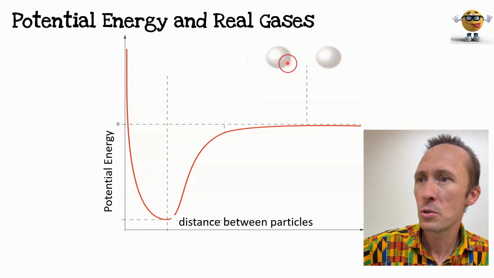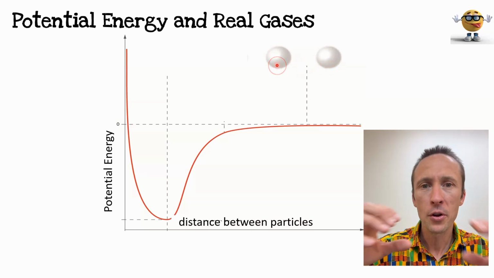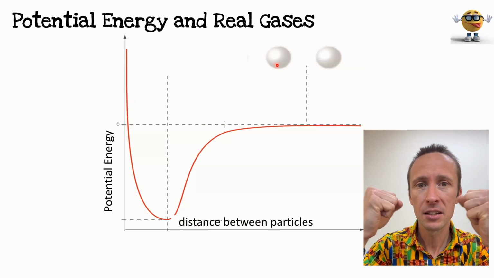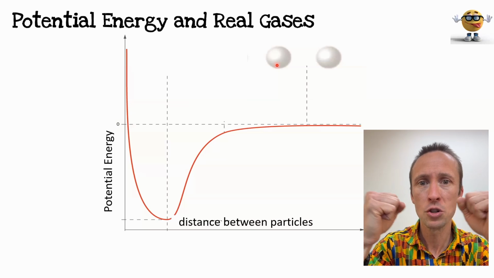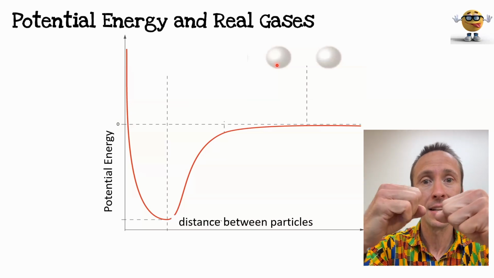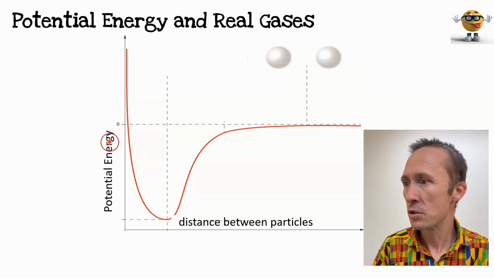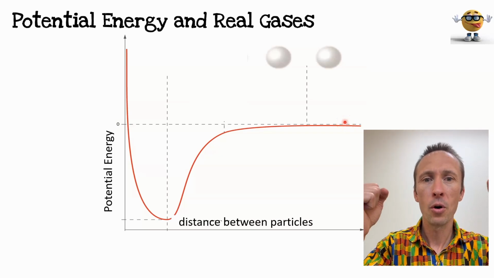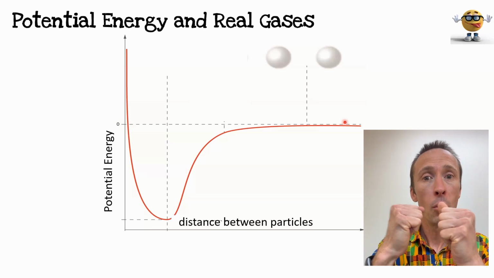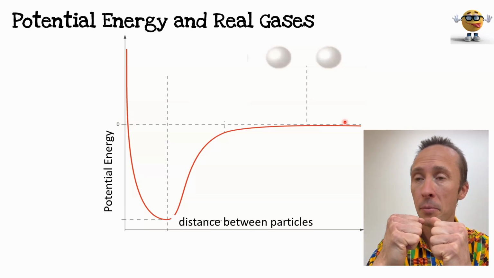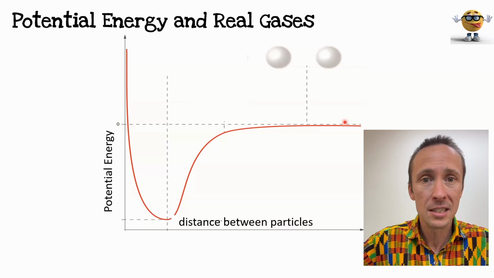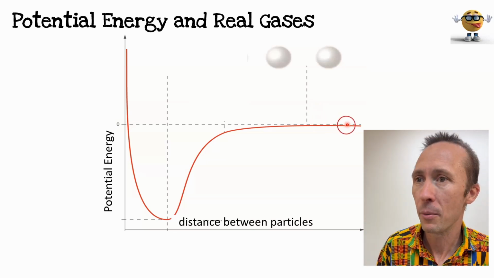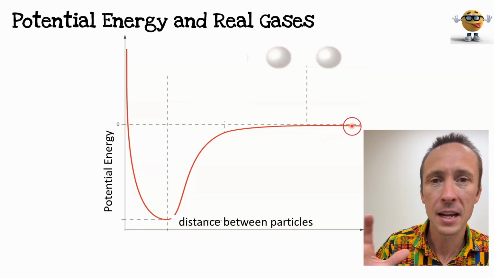And see these two balls? We'll just imagine these are gas particles, and when they're really far away from each other, then there's no attractive or repulsive forces between them. There's no interaction between them. They're too far away, in the limit as infinitely far away. So there's no potential energy between them. Think of gravitational potential energy. The more two bodies get close together, the greater the gravitational force is between them. Well, if they're really far away, there's essentially zero gravitational force. It's not exactly zero, but you can assume it's zero as it gets really, really far away. And that's what we have here. So there's no potential energy difference